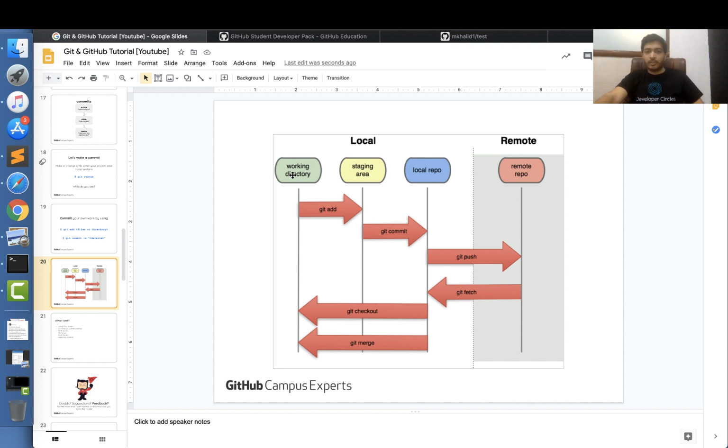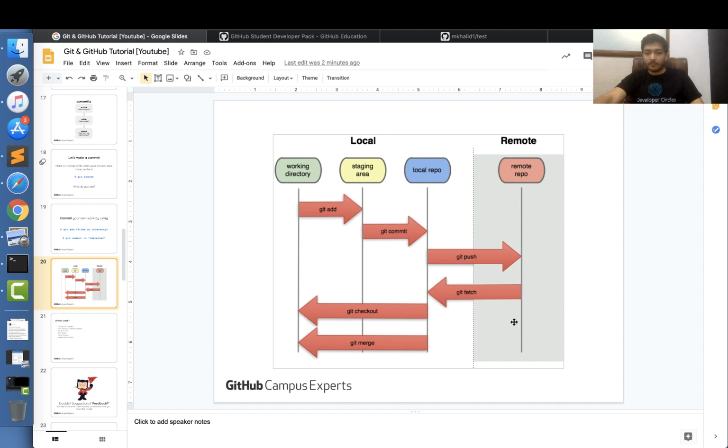If you want to add certain changes to the staging area, you just use the git add command to get to the staging area. And then when you are sure that you want to commit those changes to your local repository tracked by Git, you use the git commit command, and your local repository gets updated. Now, if you want to sync your local repository with your remote repository, you use the git push command. So that's basically you pushing all the changes you've made in your local repository onto the remote repository.